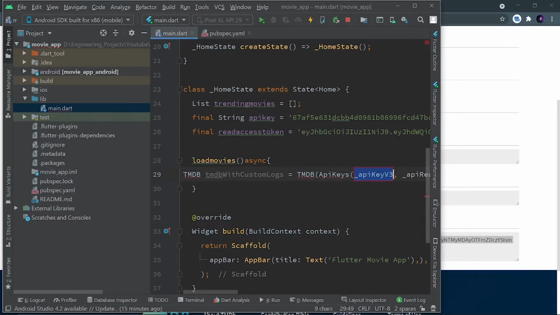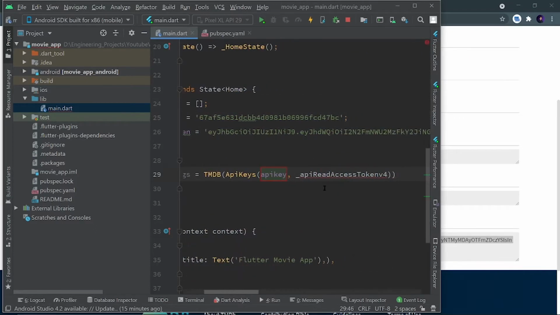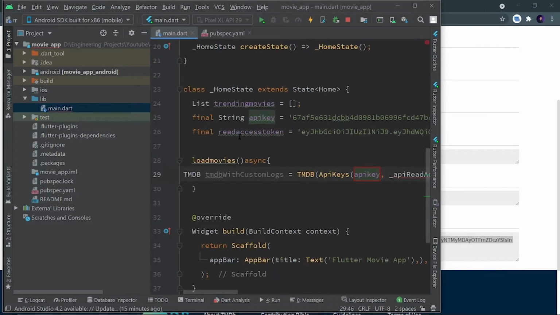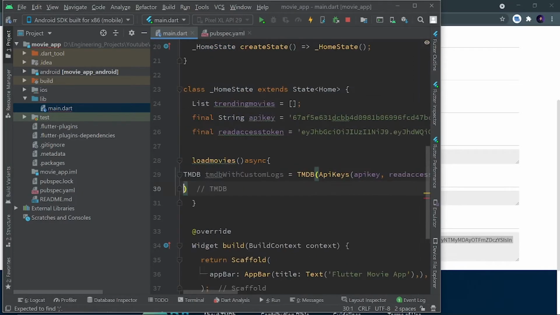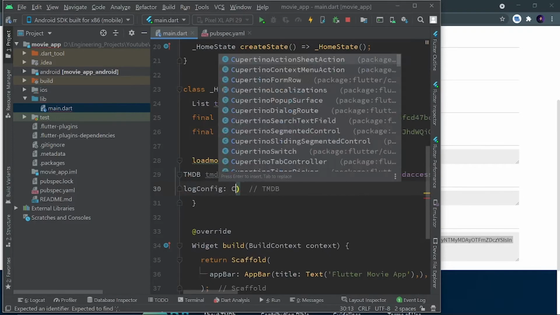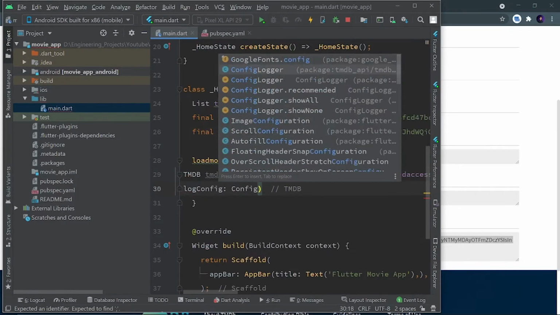And in the parentheses you have to first of all define your API key that we have stored in API key. So let's copy this variable and let's paste it over here. Then you have to paste that read access token so that we can copy from here and we can paste it over here. Perfect. Then the next thing is you have to define log config, and that will be config logger,